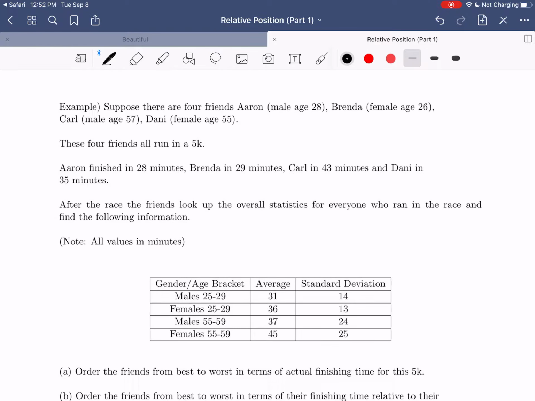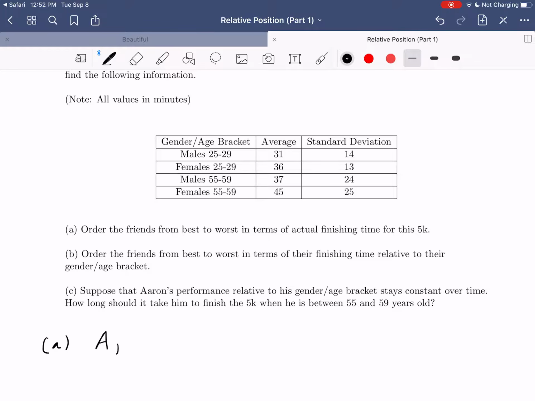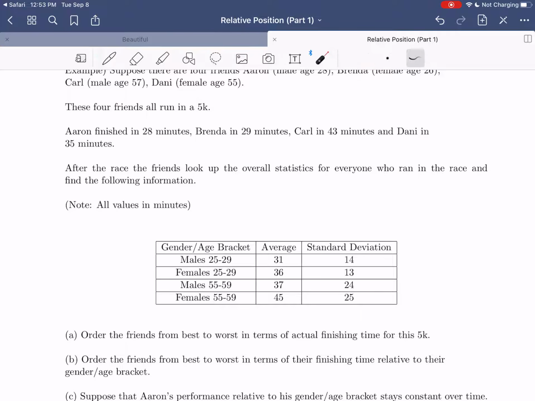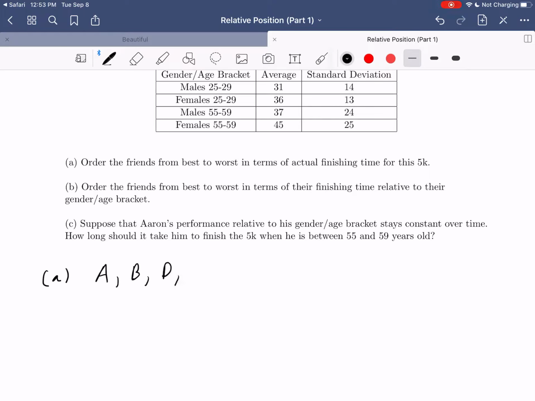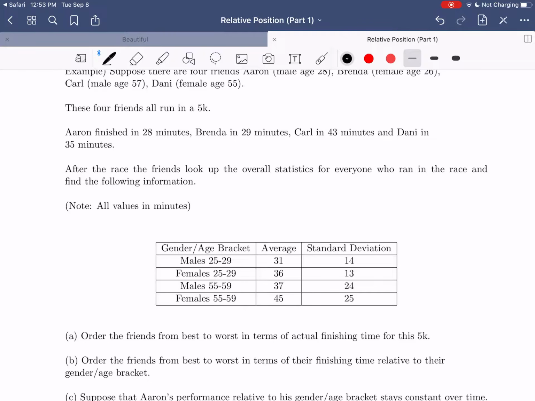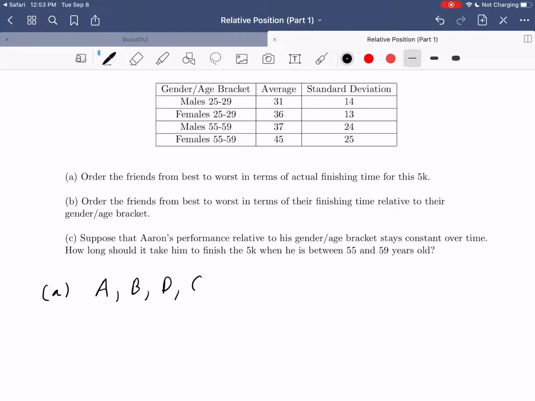Then it would be Brenda, just 1 minute behind him. Then, 6 minutes after Brenda finished, Danny would cross the line because she took 35 minutes. And then, after 8 more minutes, Carl would cross the line at 43 minutes in total. So from best to worst, Aaron crossed the finish line first, then Brenda,